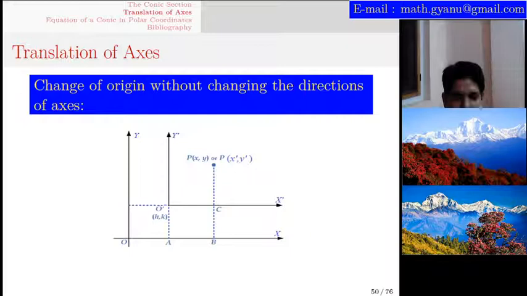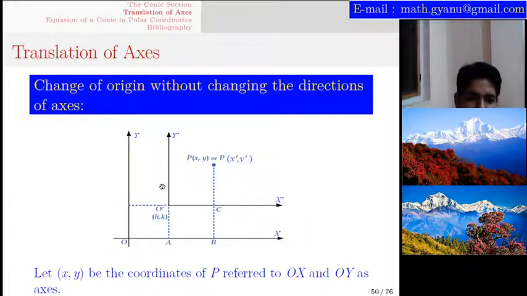For this, we will sketch the picture as shown on your screen. First of all, I suggest you draw this type of picture. Originally, P(x, y) is the original coordinate and P(x', y') is the coordinate after the change. Sorry, change of direction is not here, it is change of origin. That is the first case. We will change simply the origin. First, for the x axis and y axis, O is the origin, and x' and y' are the other axes, and O' is the changed origin, that is the transformation of origin.